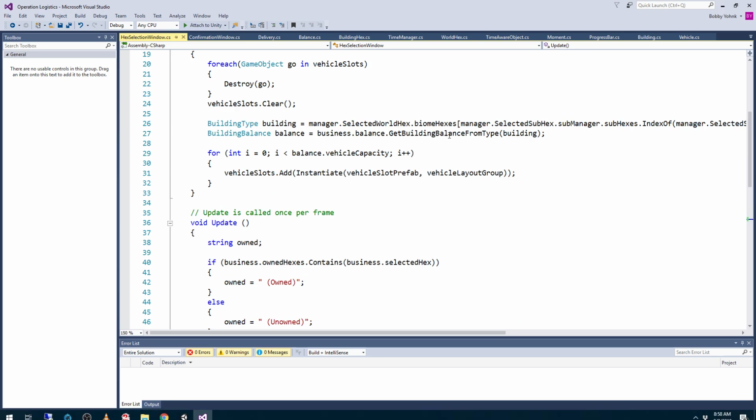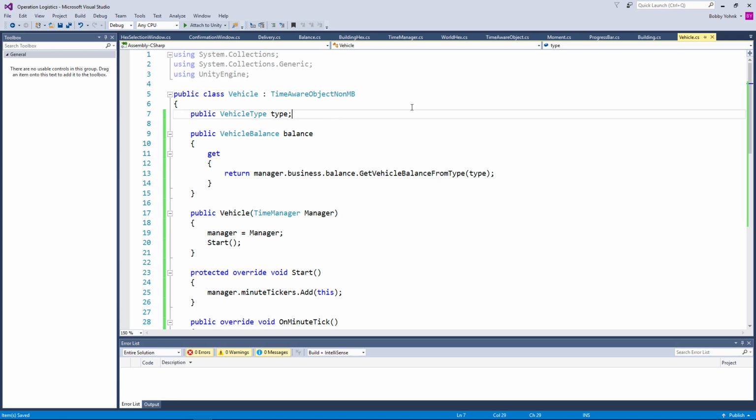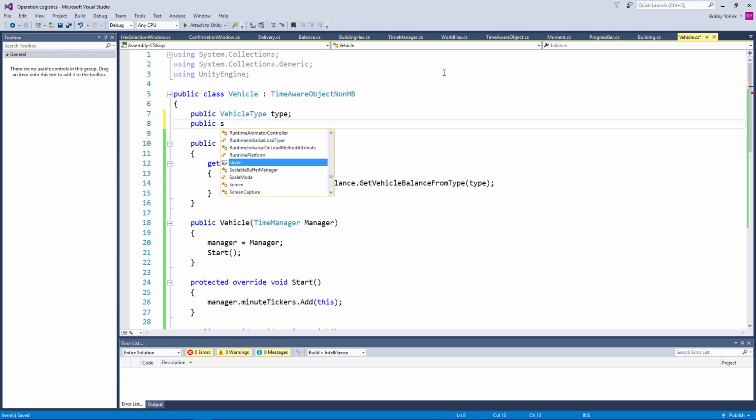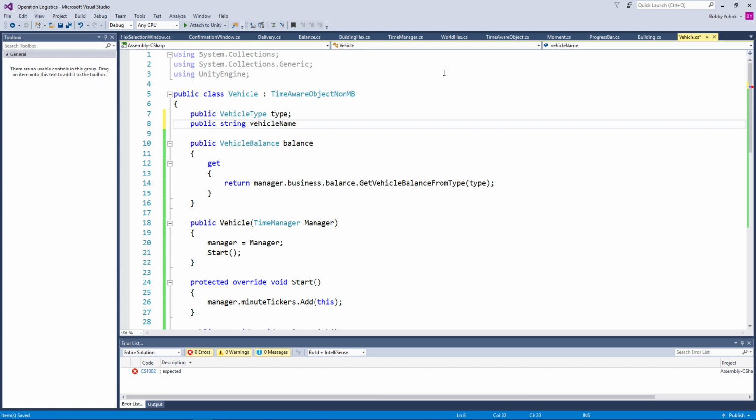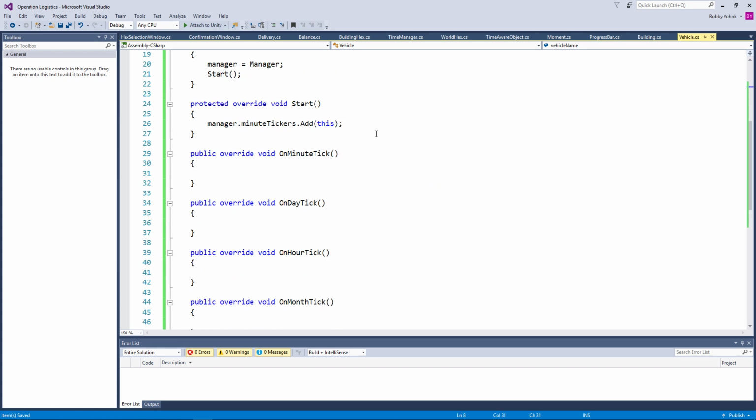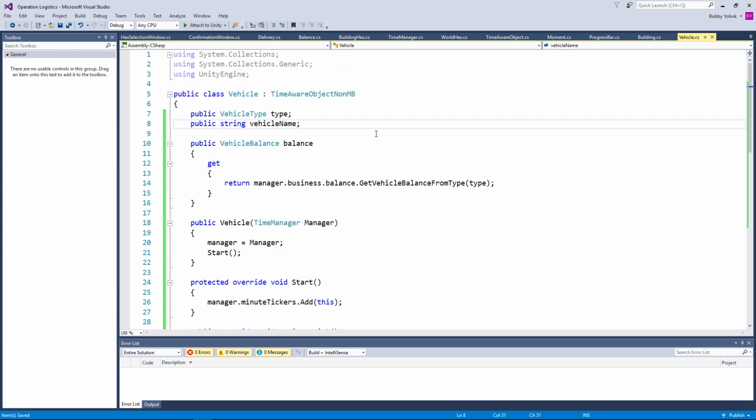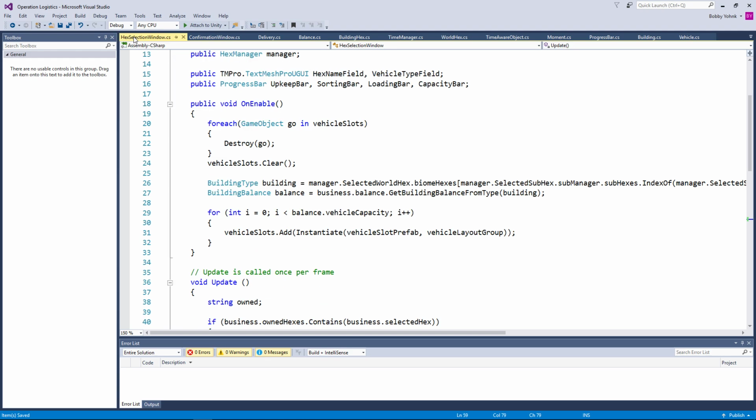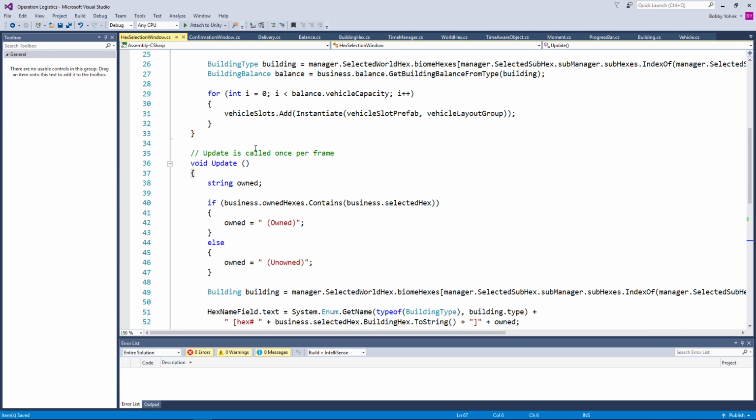Okay, now the next thing we might want to have is a public string vehicle name. Like so. Okay. Do we need this to be in an overarching list of vehicles? Maybe, maybe not. I don't know. Probably not, is what I'm thinking right now. So, what we could end up doing, very easily, is in the hex selection window, we could implement something along the lines of